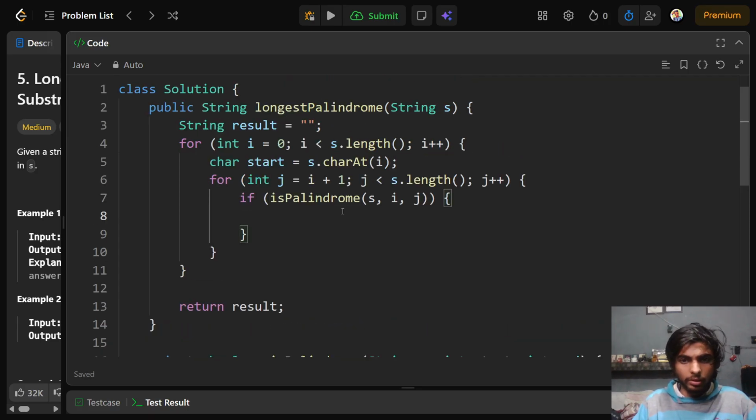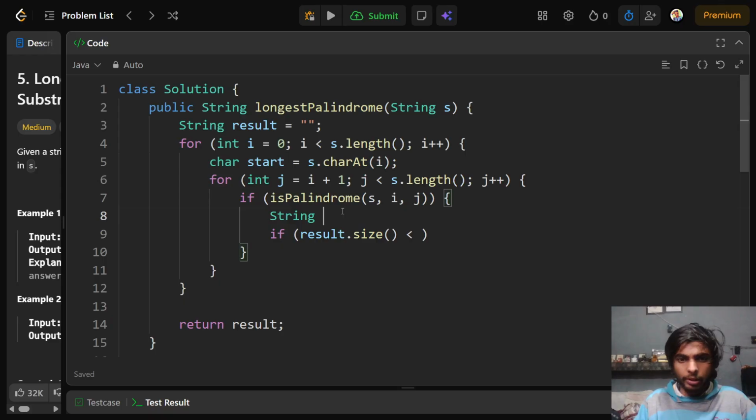Then if results size is smaller than substring s dot substring starting from I till j, well,